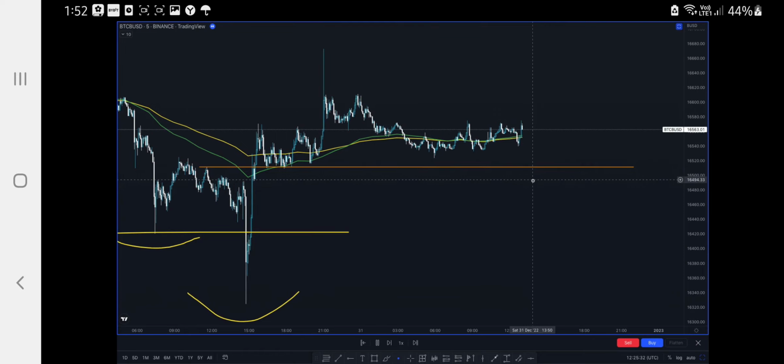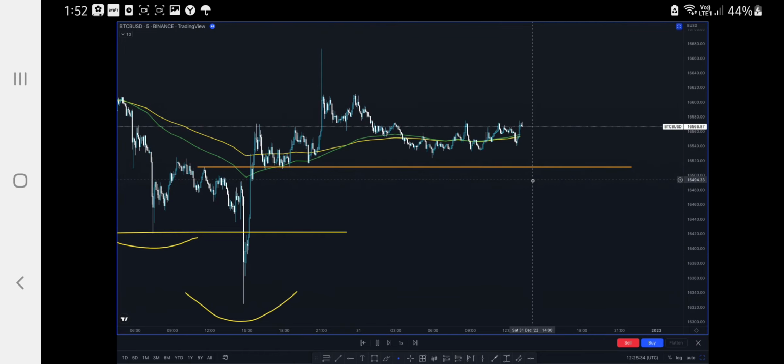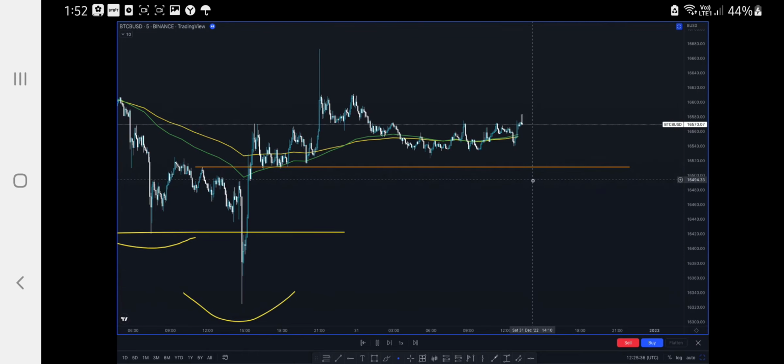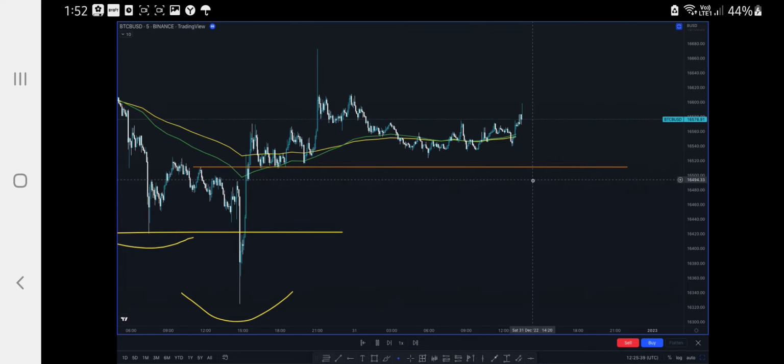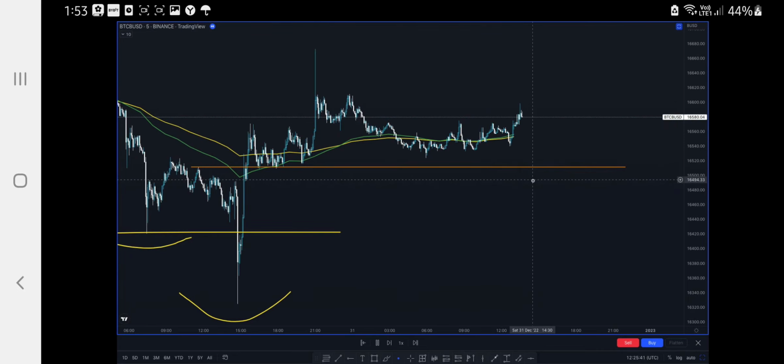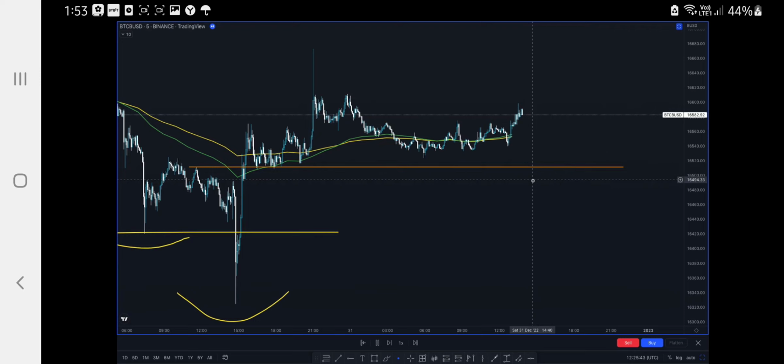But also remember that none of this stuff is supposed to be 100% accurate. Like I tell you, under-overs and over-unders are great, but they don't work 100% of the time.